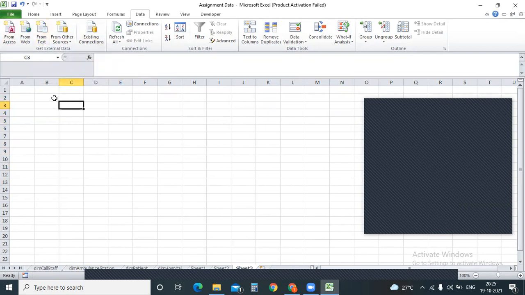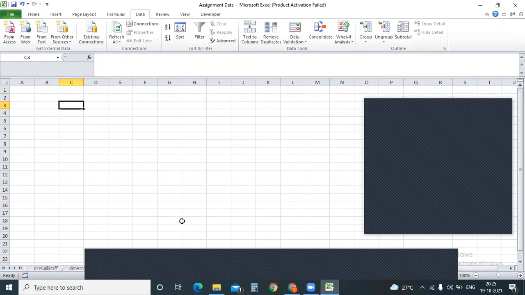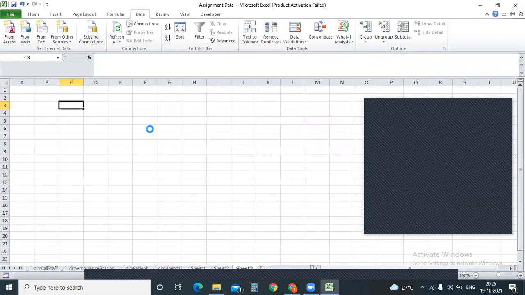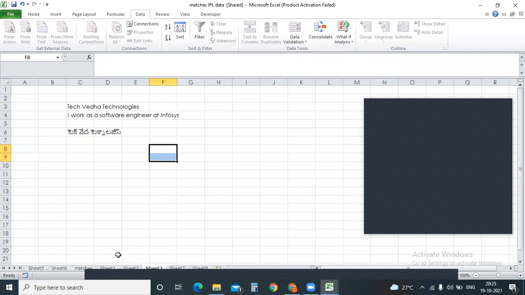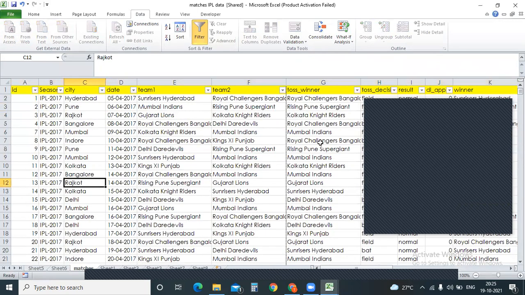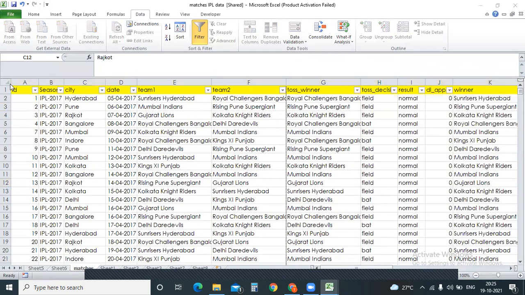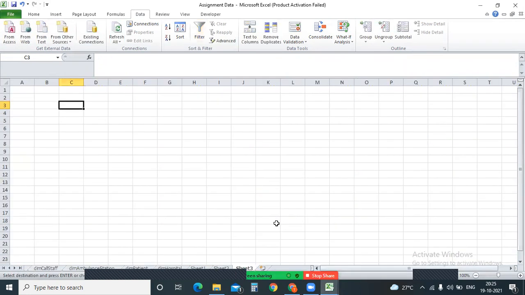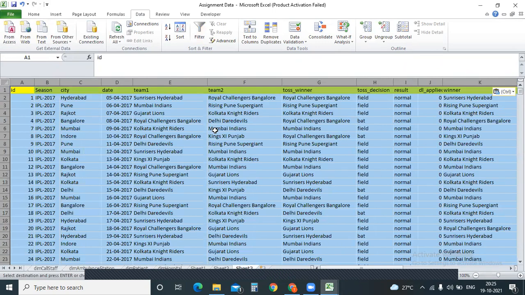So now I'm giving it manually, but for example, data will be there in some other Excel. How can you move it to another Excel? I think I have discussed with you these guys. So if you want to copy these matches to another Excel sheet, what I can do, I can select the entire data, correct? Go to where I want to paste it, select the data, Control V. This is one option.